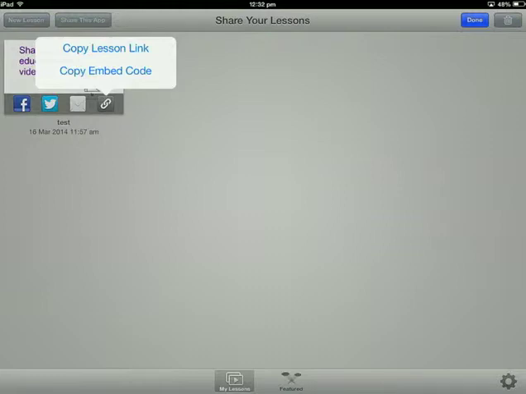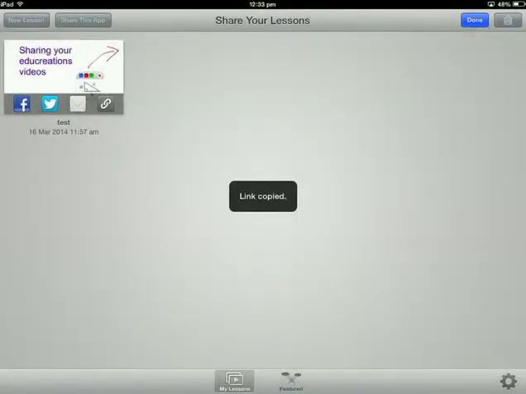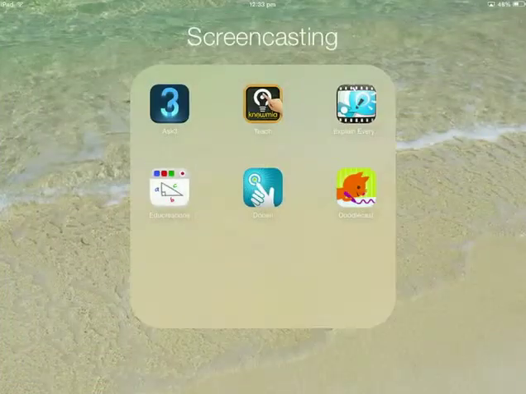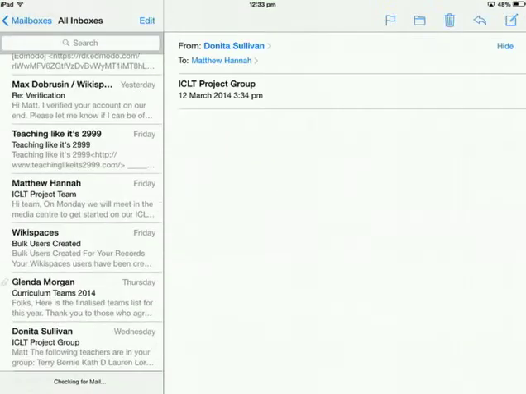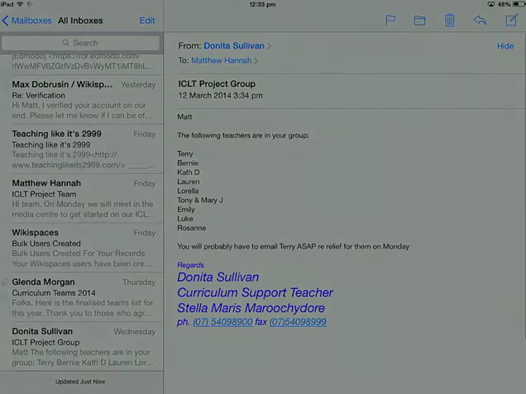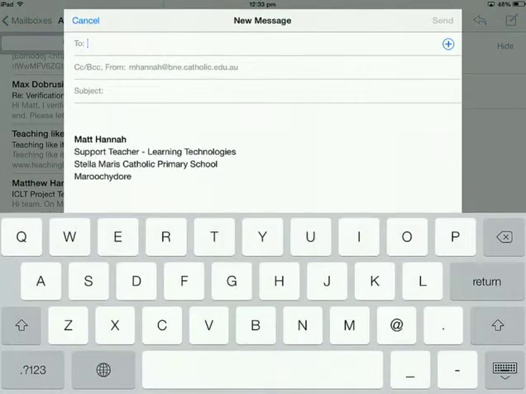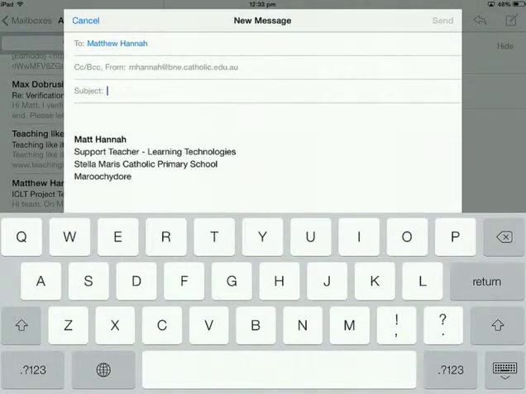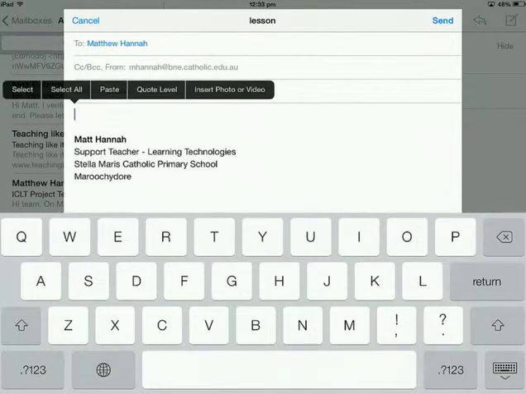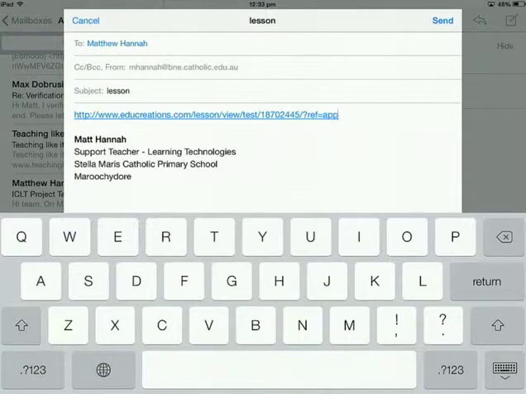Now first of all, I'll do it by copying the lesson link. So I press that and it says link copied. Now from there I could go to my mail and create a new message and send that to myself, and give it a title like any other email, but then I can paste that link, and when I send that,